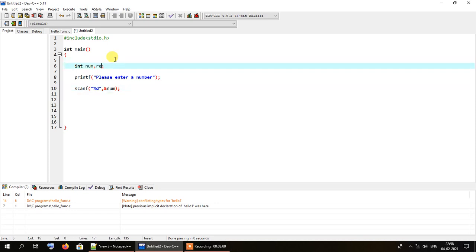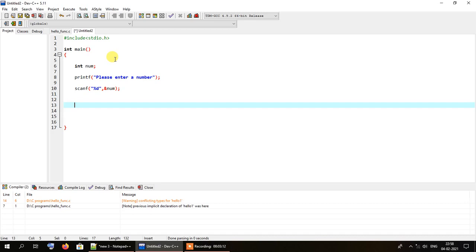Okay, so let's leave it out of this function for now. Let me just call the function separately, because it's not actually possible to calculate and print all the factors of a number and store it in a single variable without declaring it as an array. So for that reason we are not using any return value from the function for this particular program.